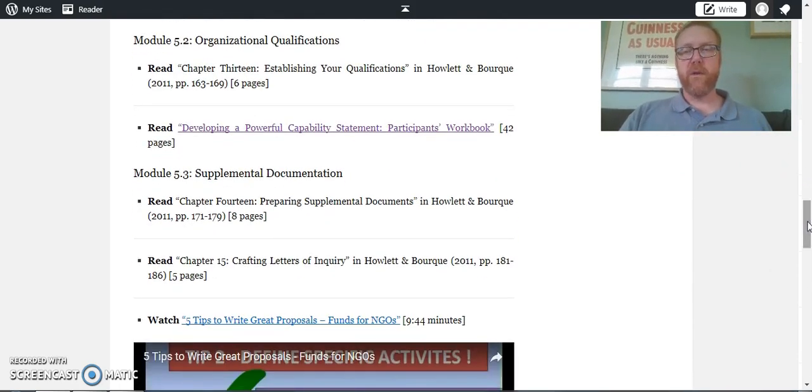As far as organizational qualifications, I mentioned some of this, I think, on the first day of class, for those of you who are able to be there live, but I'll say it again here. If you're not working with an established, sort of brick and mortar type organization that already exists and has an organizational structure, etc., but instead, if you are creating your own idea and your own project, I really want to encourage you to think about this part, organizational qualifications, as a key component, because this is where you can talk about your network and your links.